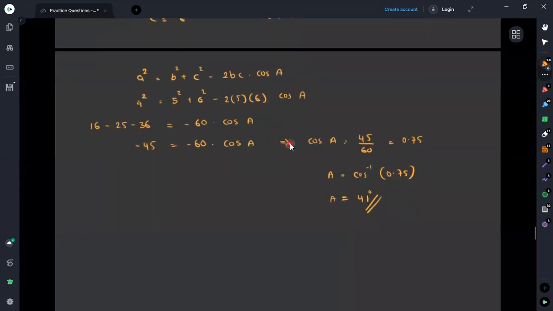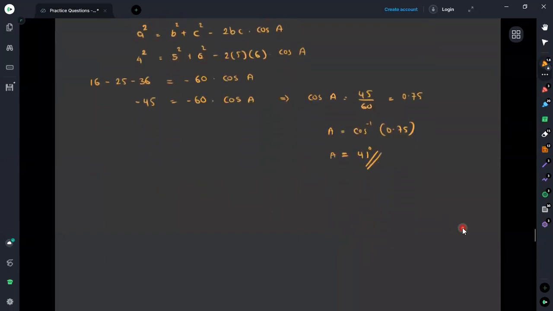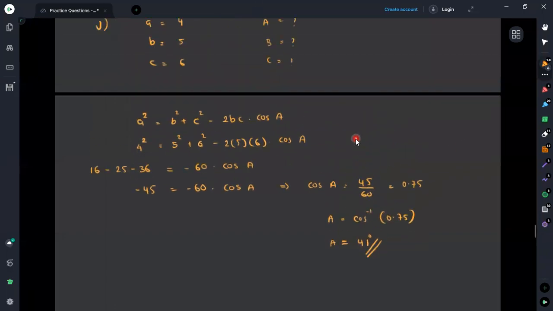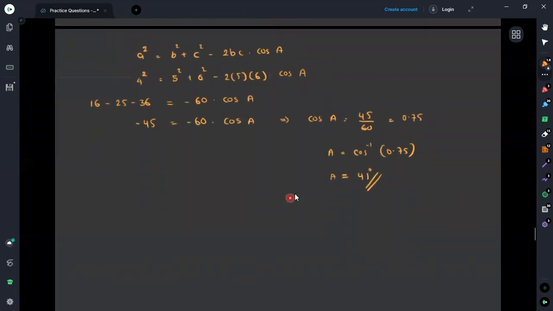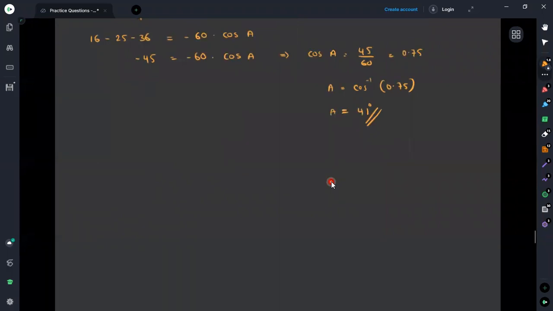Now we have found one angle. Then if you need, we can apply the sine rule. But here also I will use the cosine rule, since we get a much easier way when we are doing the calculation compared to the sine rule. Here I will try to find the value of b. Since I need the value of b, I will use this equation: b squared equals a squared plus c squared minus 2 times ac times cosine B.